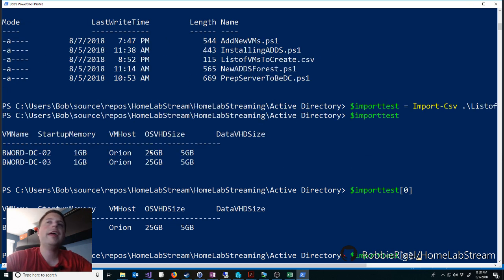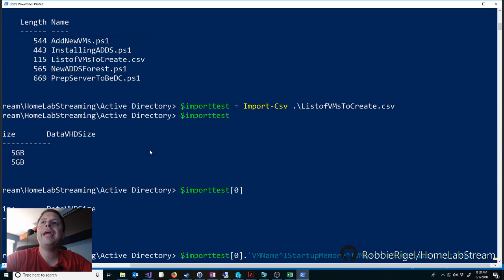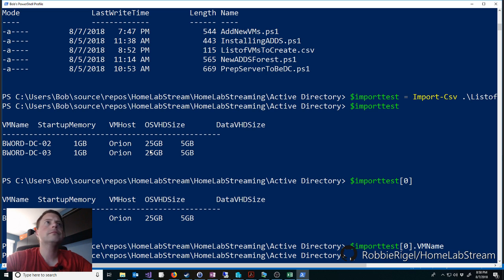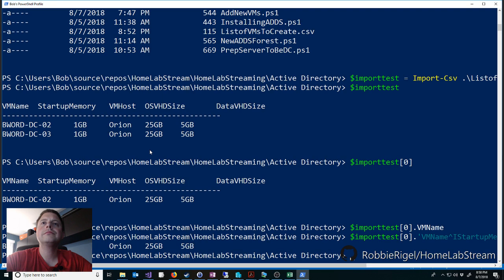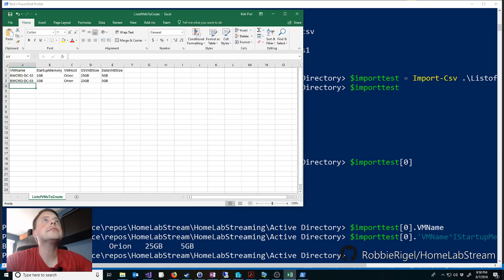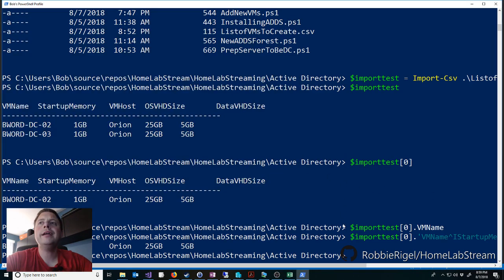And so if I do import test 0.vm name, wow, I did that. VM name, .vm name. Why did it not like that? VM name, .vm host IO size. Why did it? What did I really screw up there? VM name. Hold on, did I